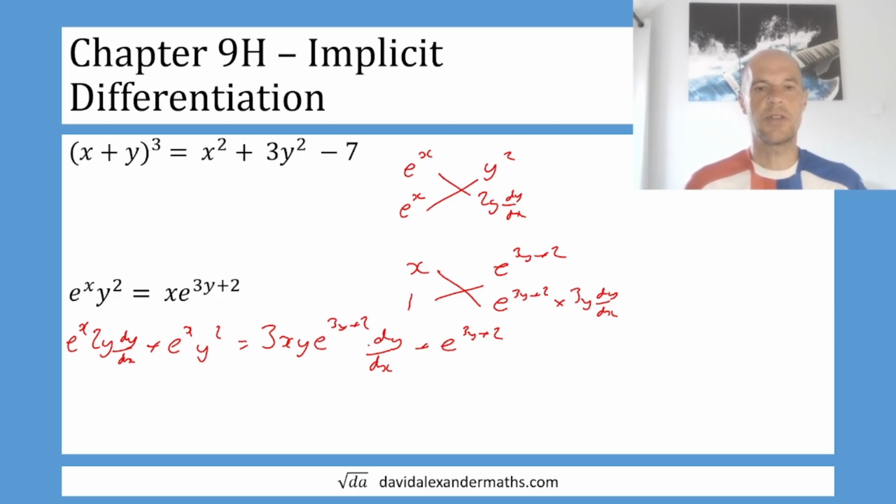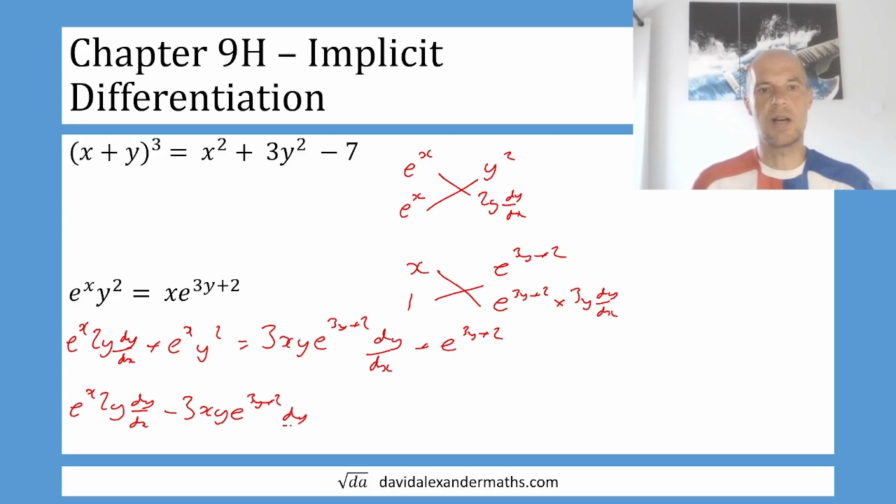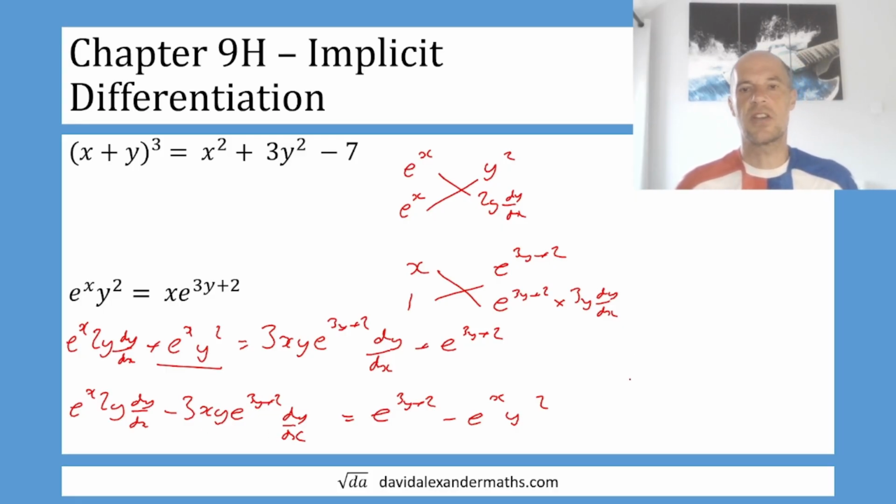Okay, so I'm going to get all the dy by dx stuff on the left. So e to the x times 2y dy dx, take away 3xy e to the power of 3y plus 2 times dy by dx is e to the power of 3y plus 2 minus e to the x y squared. I can factor out the dy by dx. So what I will end up with, if I factor out the dy dx and then I'll be dividing through